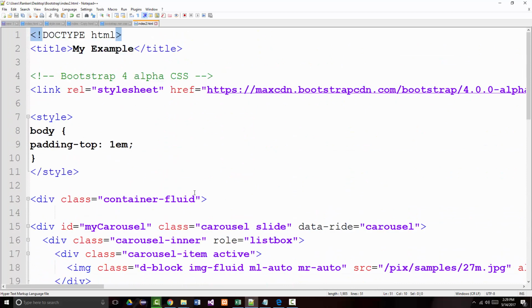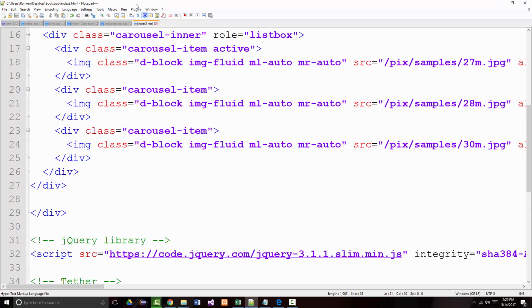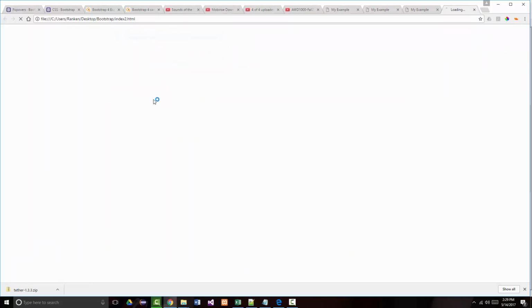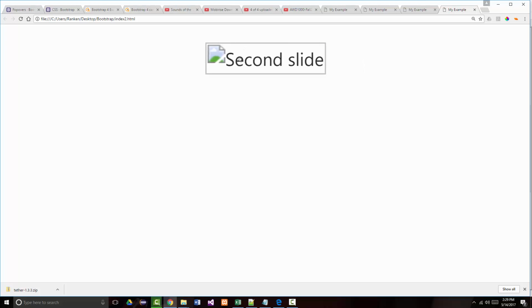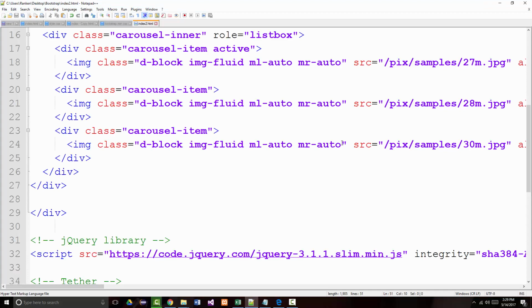Again, I'll have to change all those images because they don't make sense. I can run this right now. I can run it. I'm just going to go to the second slide, etc. All right, that doesn't really do too much. But if I come back here,